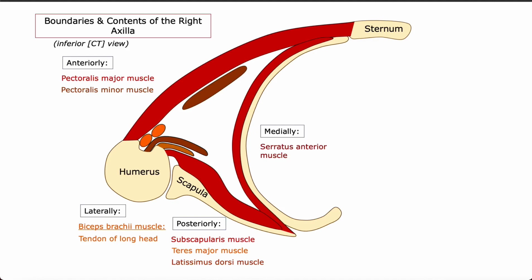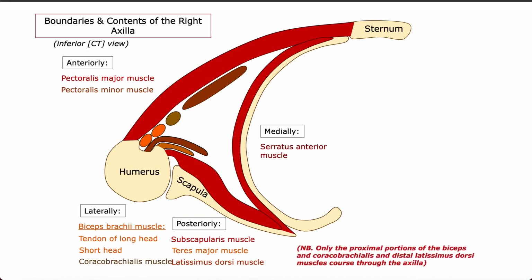But we also have next to it the short head of the biceps. So they are located laterally. Lateral wall, they are visible. And then someone else is there, and that is my coracobrachialis muscle. This muscle we'll be learning in detail when we talk about the arm. Okay, now